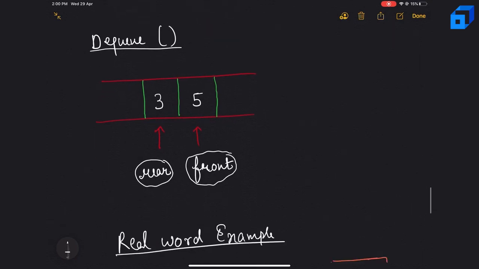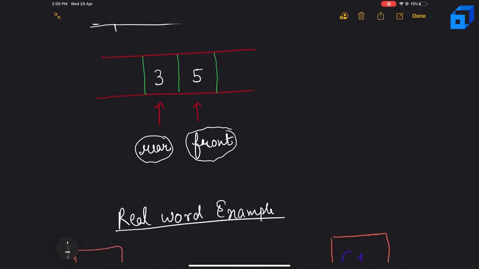Now let's discuss some real world examples to understand it better. It is generally used when there is a shared resource that is supposed to serve some requests, and the resource can handle one request at a time. In such scenarios, it makes more sense to queue up the requests, and the request that comes first is served first. Let's consider an example. Let's say we have a printer that is shared across the network and it can print only one document at a time.